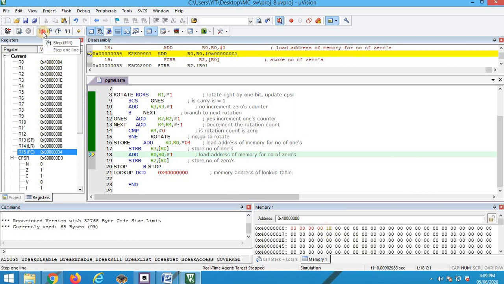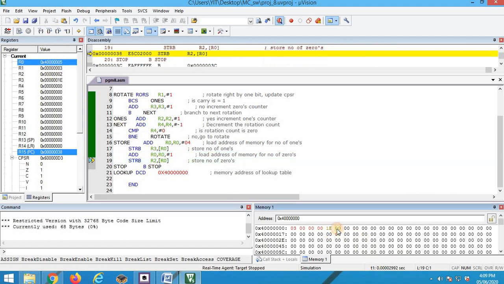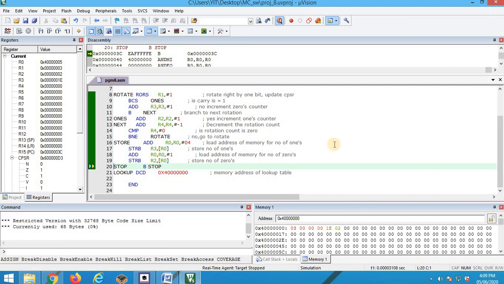Next we are incrementing the pointer by 1 so that it points here. In that location we are going to store the number of ones. So stop. That means we considered 3 as the input. In 3, as you know, there are 2 ones, remaining 30 bits are zeros. 30 is represented as 1E in hexadecimal. So this is about this particular experiment.